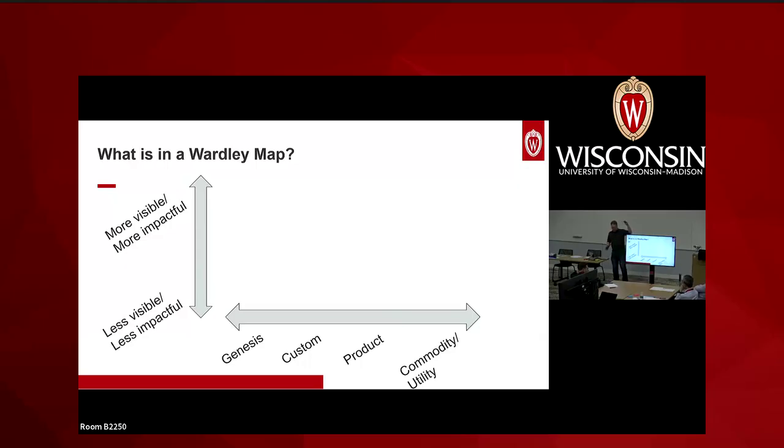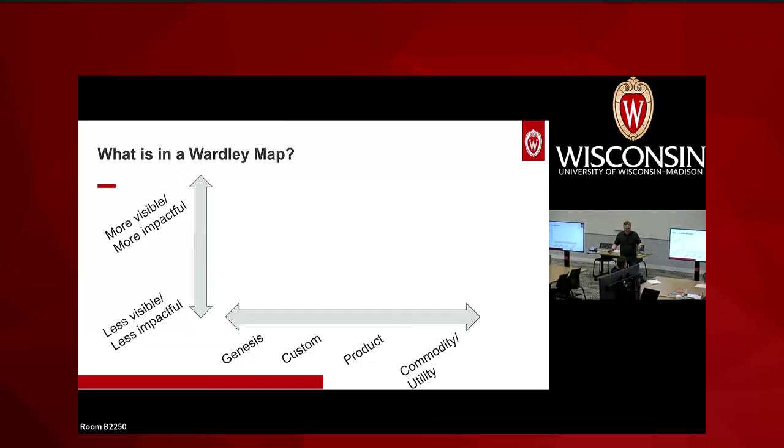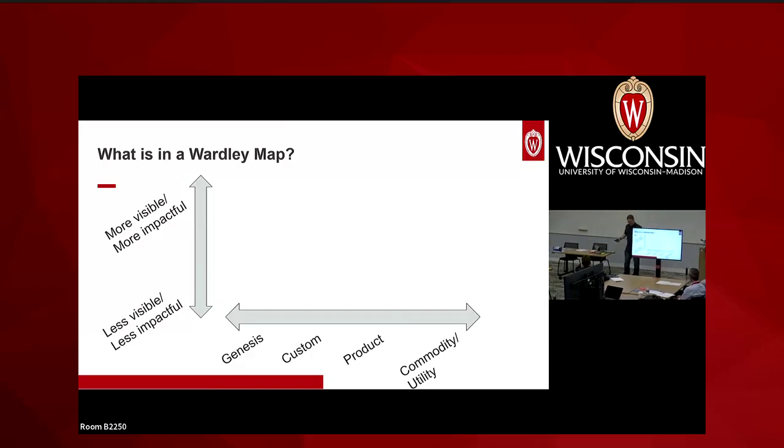So more visible is closer to the customer, less visible is further away. And that just helps the whole team get clear on what things our customers might even care about. If they can't see it, they may not care if we make a massive improvement in it, right? If I custom compile an email server for myself, for my department, maybe nobody cares because it's not any different than the one I would have gotten already out of Office 365, as one example. But maybe there's something unique in there, and that's one of the ways that you can call this out. Like maybe not the entire email server is